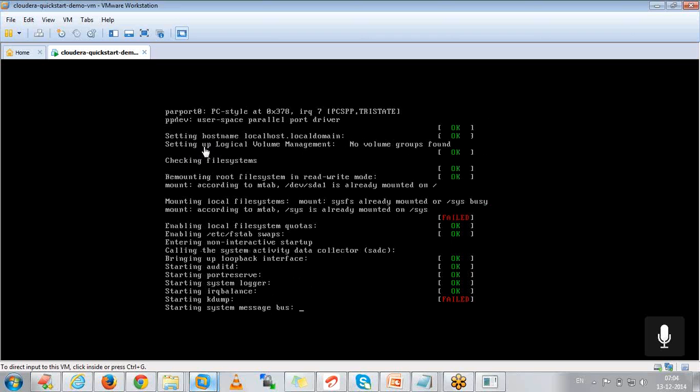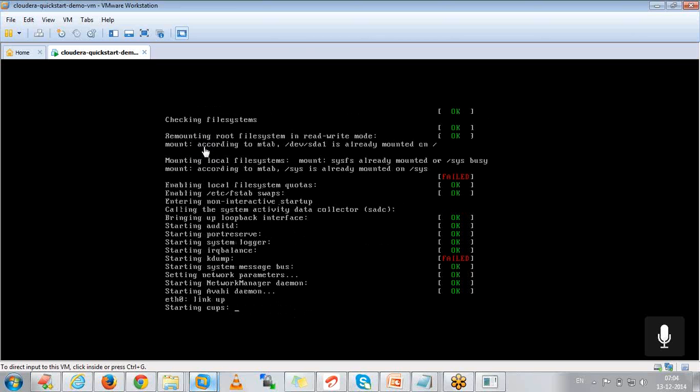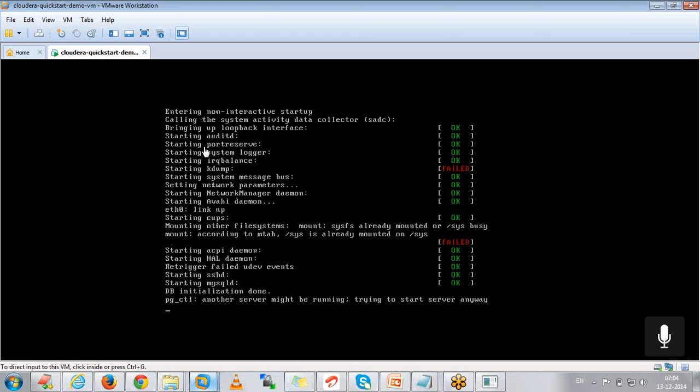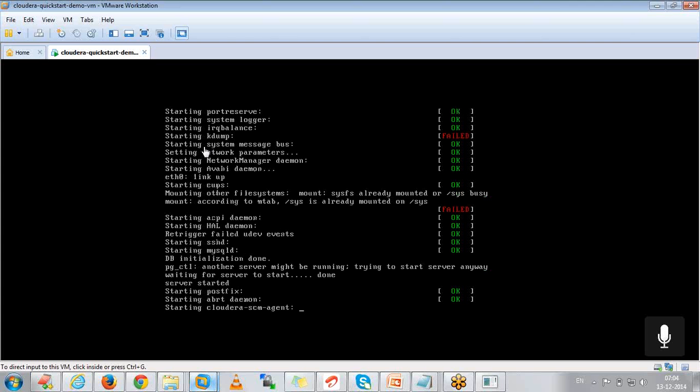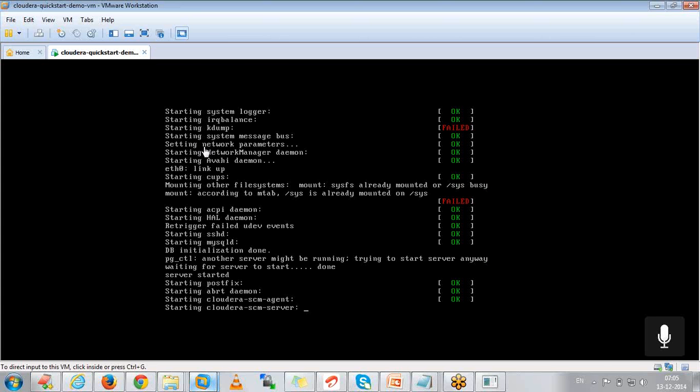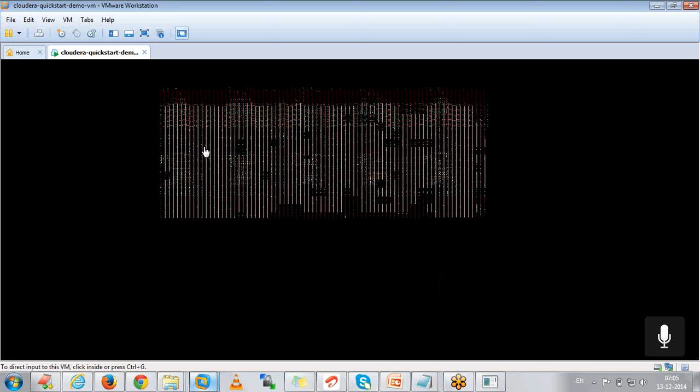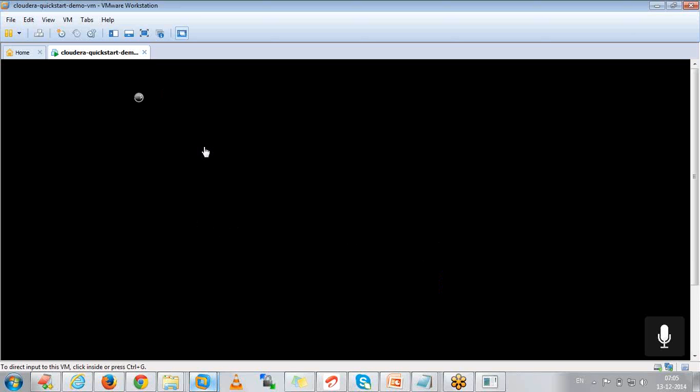In Cloudera, you need to remember two things. One is Cloudera Manager and the other one is CDH. Cloudera Manager is for monitoring. If you want to install and configure, Cloudera Manager will take care of it. If you want to install Cloudera, first we need to install Cloudera Manager. Through Cloudera Manager only we need to install the CDH. That CDH bundle file will be about 3 GB, so that we need to